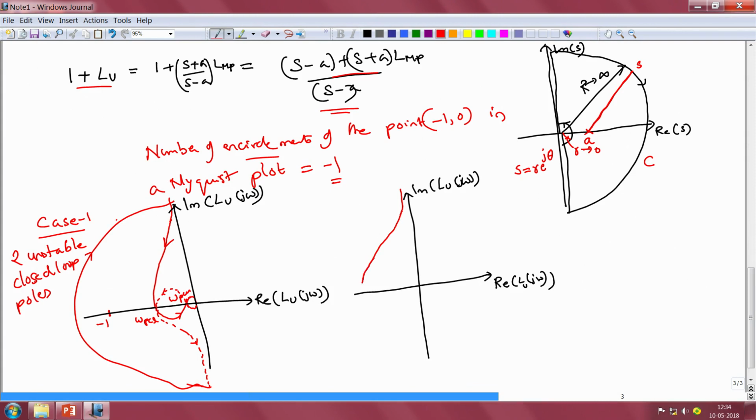Now the first time the phase of the loop gain reaches -pi radians, the gain is going to be greater than -1. So the loop gain will cross at a point that is to the left of the point -1 comma 0. This will be the frequency omega pc lower. Subsequently, the second time the phase lag assumes a value of pi radians, the gain would have dropped below 0 dB. So it would cross somewhere to the right of the point -1 and subsequently it will go to 0 in some particular manner.